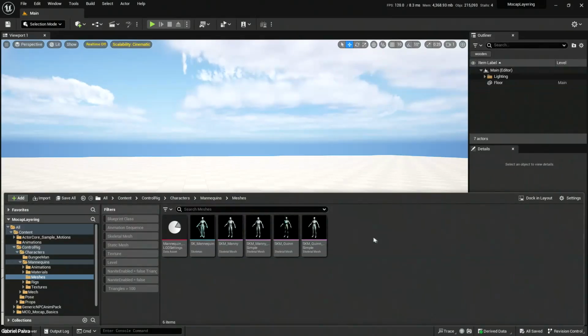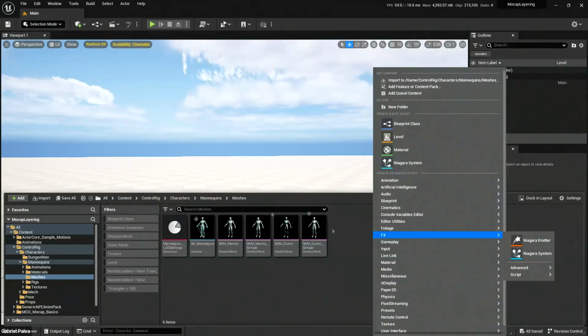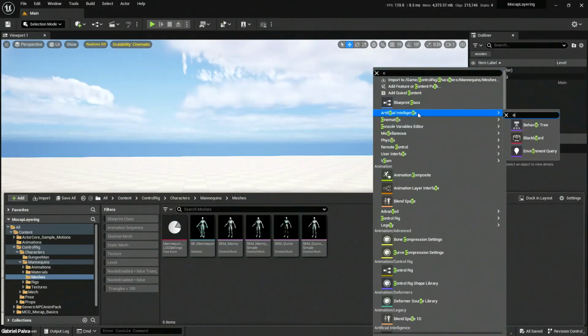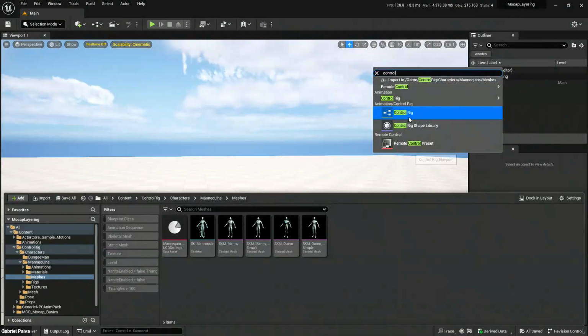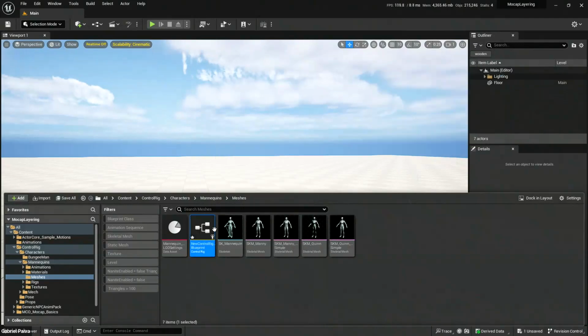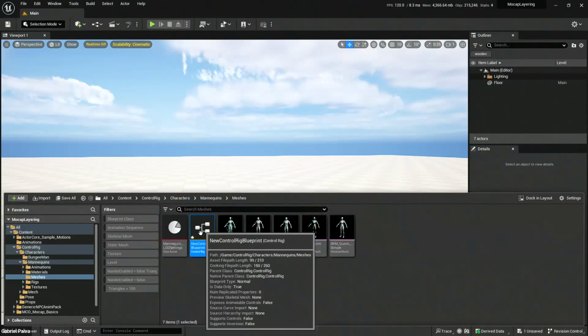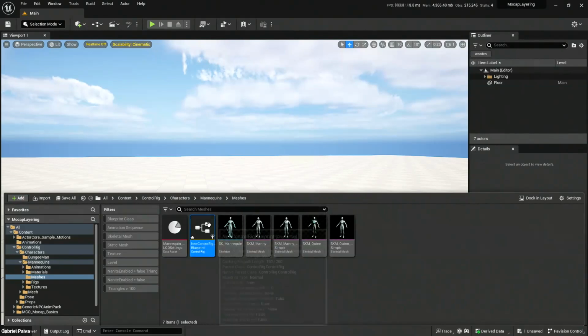So control rigs are assets, and we know that we can create assets by right-clicking on an empty spot in our content browser, and it's going to be as easy as searching for it. So let's start typing control rig. All right, give me just a second. Control rig. Here it is, right? So we can create a control rig on its own, and you can see that it is an asset. Now, the easiest way to create one, so you have it already attached to whatever skeletal mesh you're going to create,